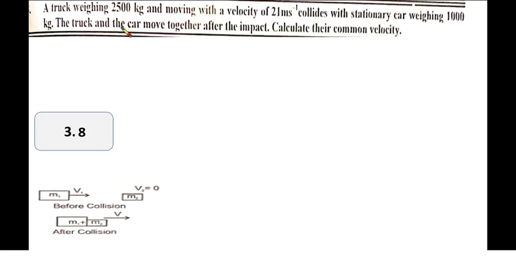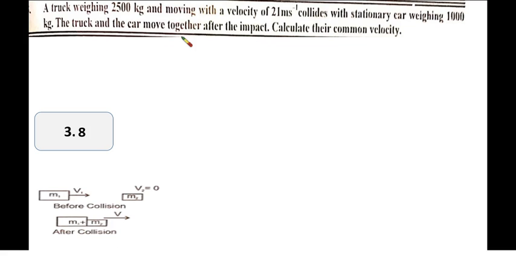3.8, which is a truck weighing 2500 kilogram and moving with velocity of 21 meter per second collides with stationary car weighing 1000 kg. Here we should understand that truck is moving with this velocity and a car is at rest position, means car has velocity 0. So the truck and the car move together after the impact, means after collision the truck and car